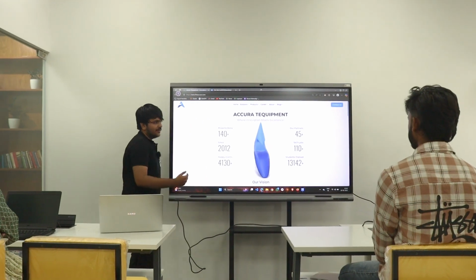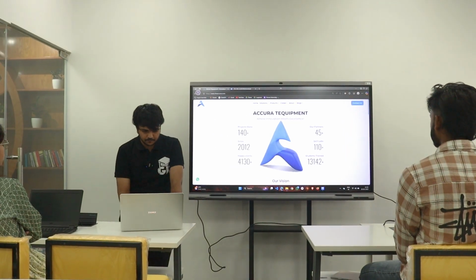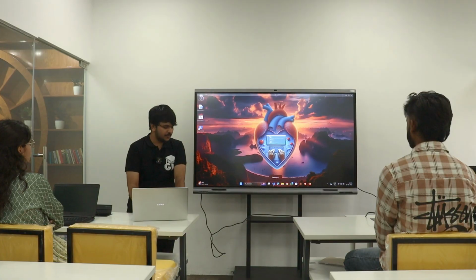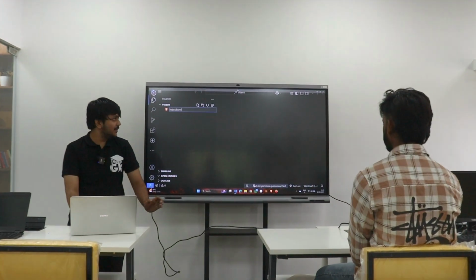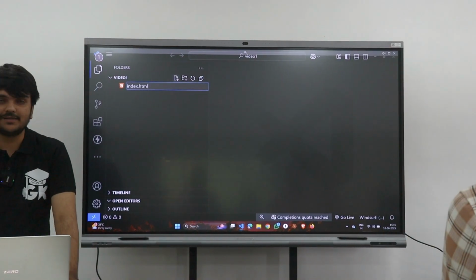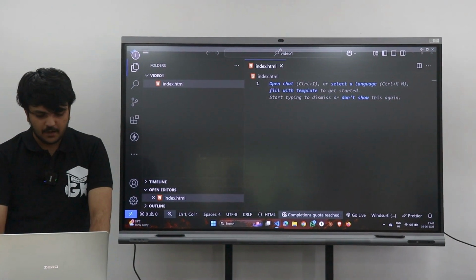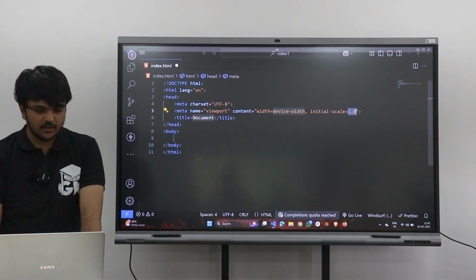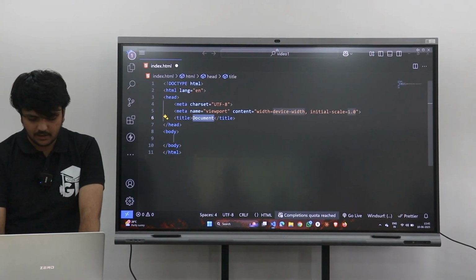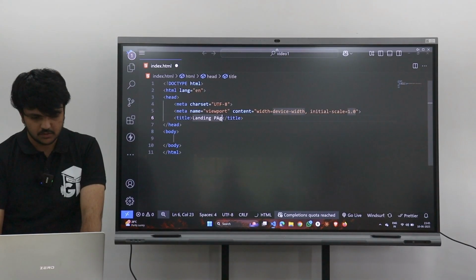Okay, so we have analyzed everything. Let's open the VS Code, and once you are in the VS Code just create a new file. I will name it index.html. You can name it as you wish, and I'll just start with the boilerplate. So this is the boilerplate, and I'll give the title as landing page